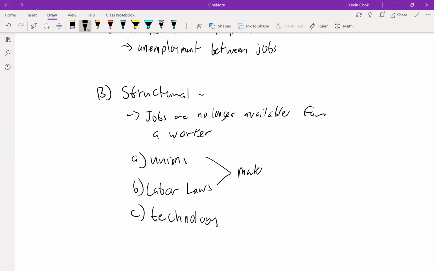So stuff today is more expensive than it was 50 years ago. But in addition to prices of goods rising, in general, labor is a good too. So the price of goods, and that includes labor,